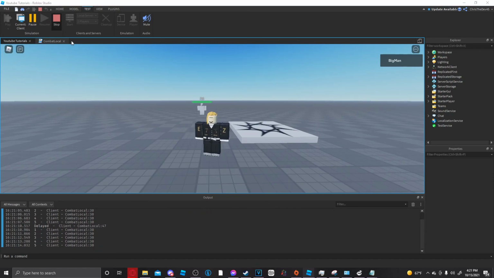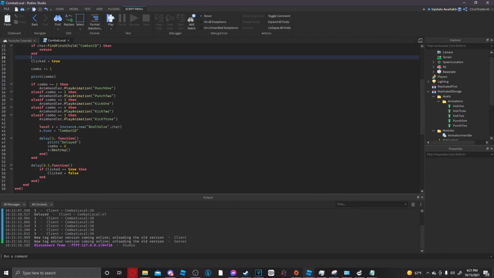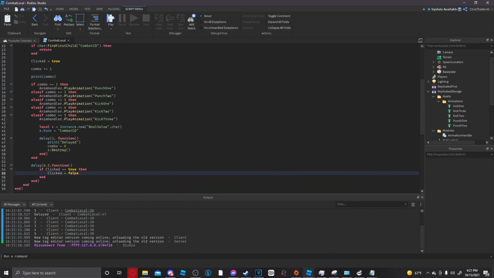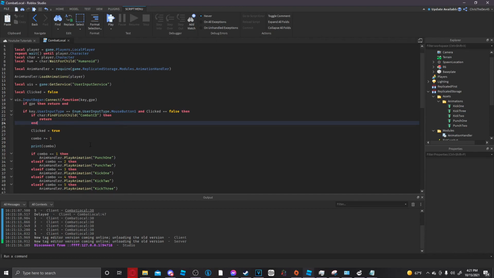We had to put it here because it was being clicked to true. And so it was being true, but since it doesn't run anything past this, it would never set itself to false. That's my mistake. So now you just copy paste that or cut it, put it here, or just type it out, delete it, whatever you want. Now this is the fun part, because now you actually